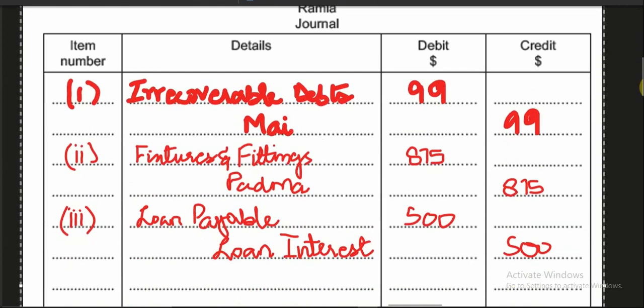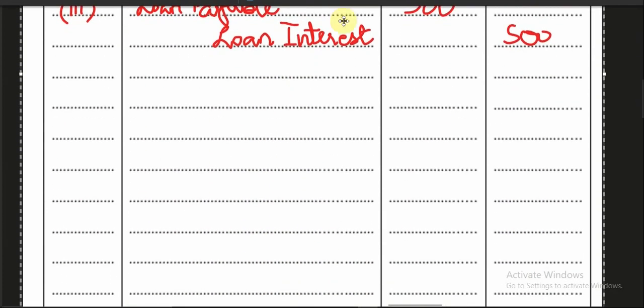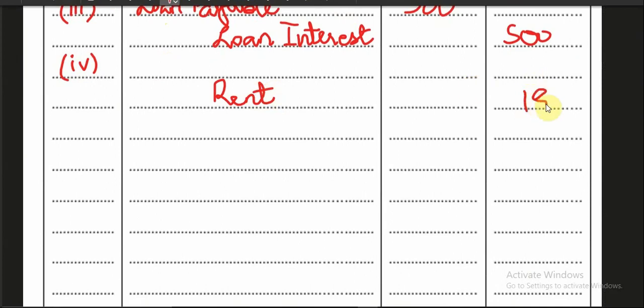Since rent is an expense and expense has a nature of a debit, we would be crediting the rent account by 180, whereas we would be debiting our bank or cash account by 180. Coming on to our fifth adjustment or fifth entry,